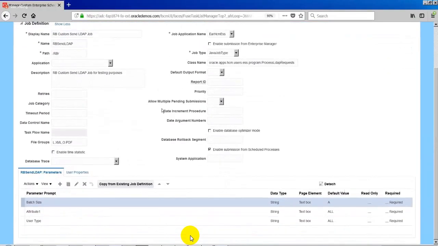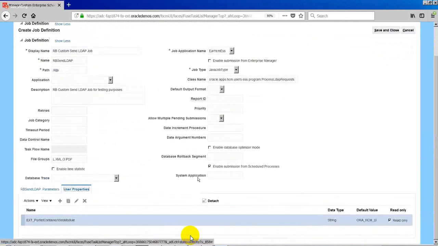Another important property we have to look at is user properties. Can we pass the parameter to the BIP? Yes, of course, we can pass the parameters. I will see if we can demonstrate that. If time allows today, I will quickly show that one as well.